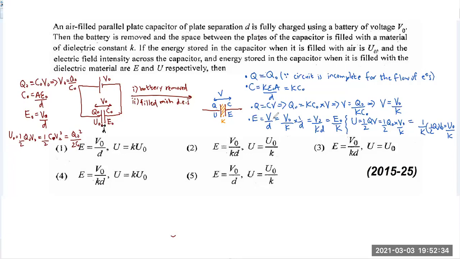Right. And there's a question: sir, after removing the battery, will we have a potential difference? Yes, of course. A capacitor can have a potential difference as long as the capacitor is charged. If the capacitor is charged, then there can be a voltage. And if you take this capacitor and connect it across a bulb now, the bulb will glow for some time.